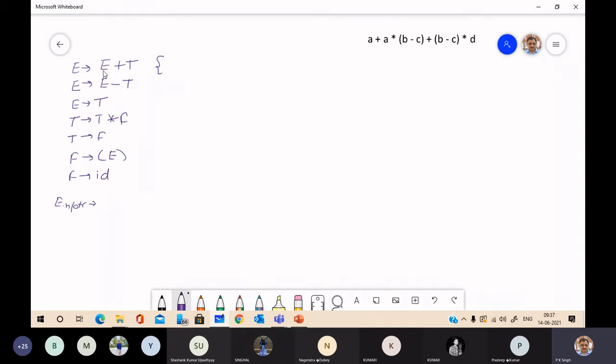If this very production is used to reduce to the left side of the production, in that case we may use this synthesized attribute to represent the return pointer.